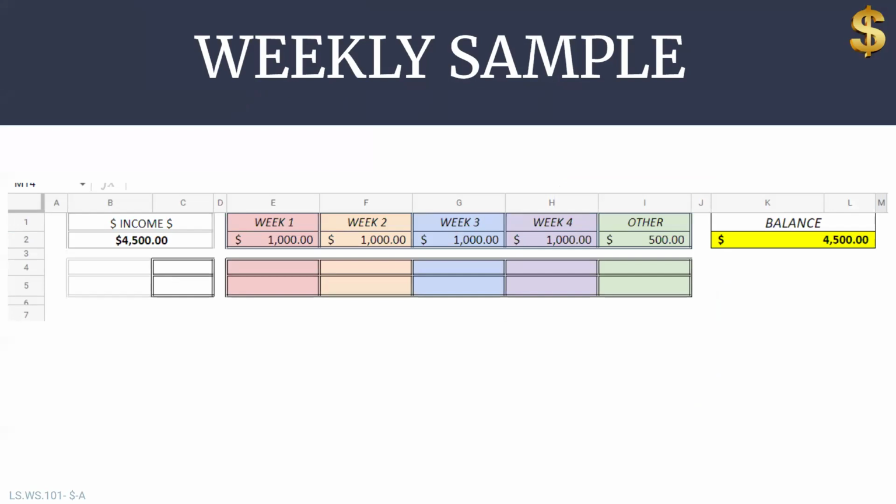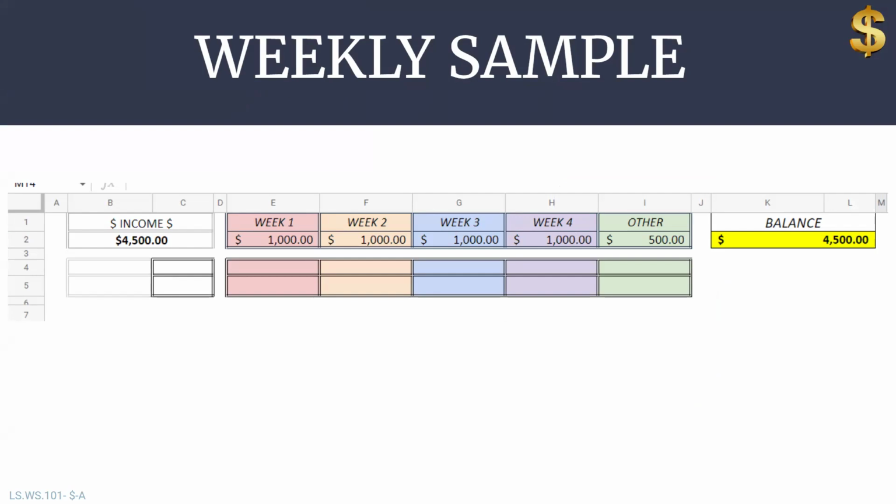You've gotten all the information together. This is the beginning of an example in your spreadsheet of what it looks like if you got paid every week. Each week would have a different column of your net pay.